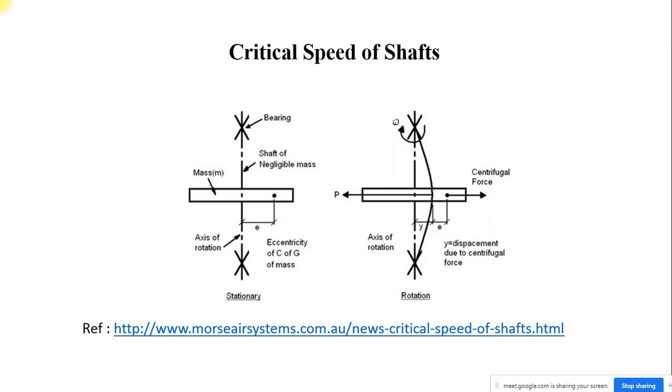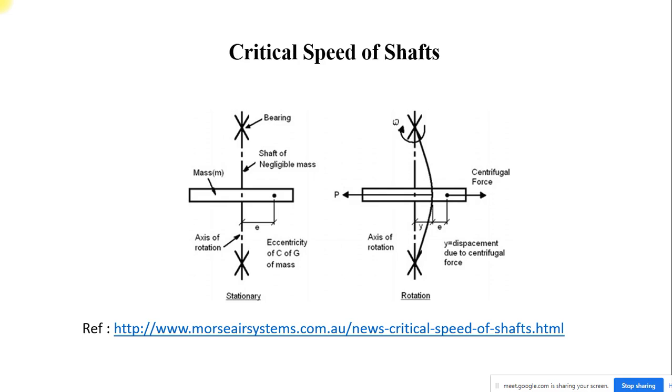Before we understand where this axial load will be acting, you can take one example: a propeller shaft. The propeller shaft is one of the best examples where axial load along with combined twisting and bending moment is acting. I repeat again, the propeller shaft is one of the best examples. Okay, so here you can see what is given over here.